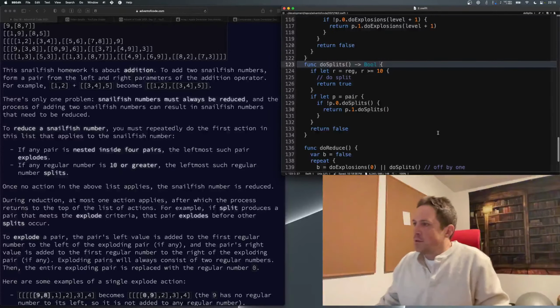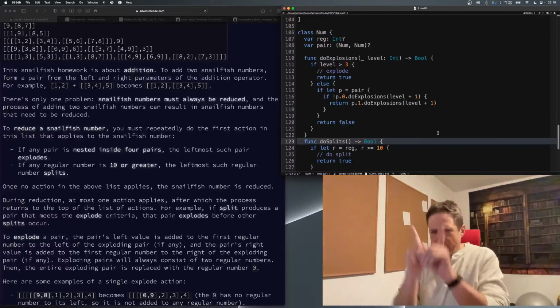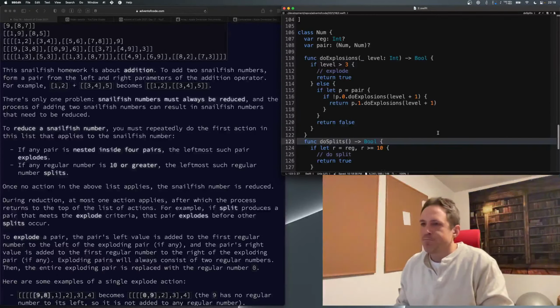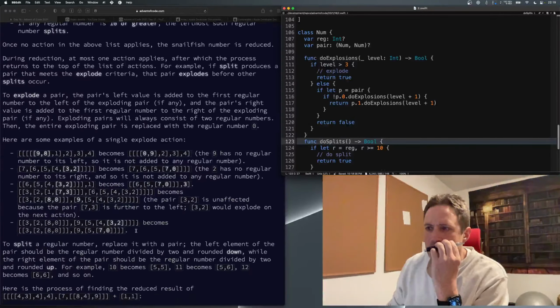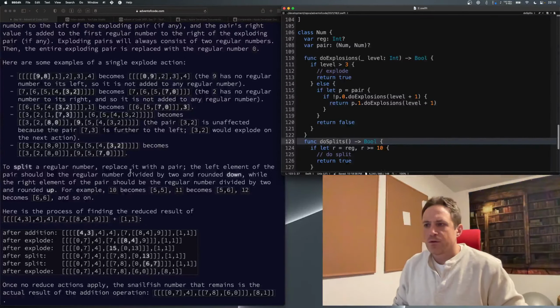Okay, so, but how do we explode if we have to change something about the parent? That's a bit of a shame. So, okay, so how do we explode? Replace it with a pair. Okay,